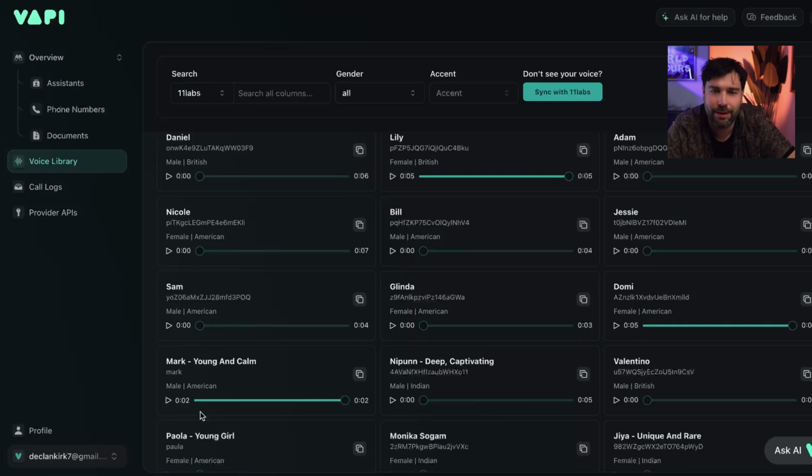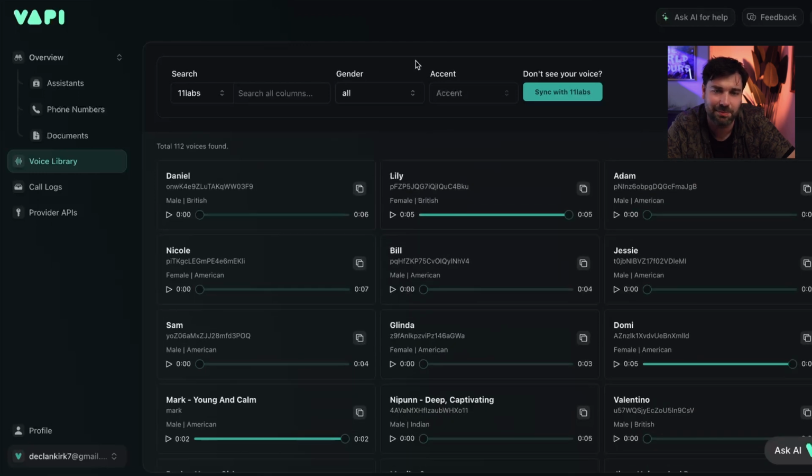So you can kind of go through and find the different ones, and obviously we've got gender here, so you can search by that, accents, and everything else there. So that's a pretty good thing to...